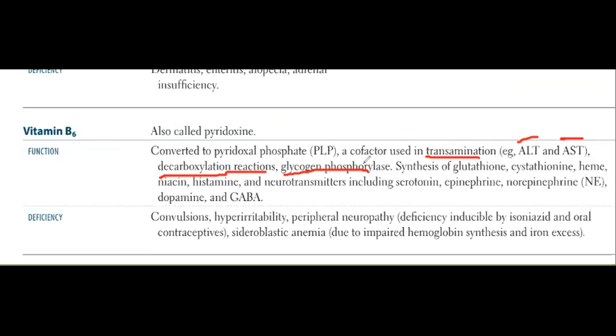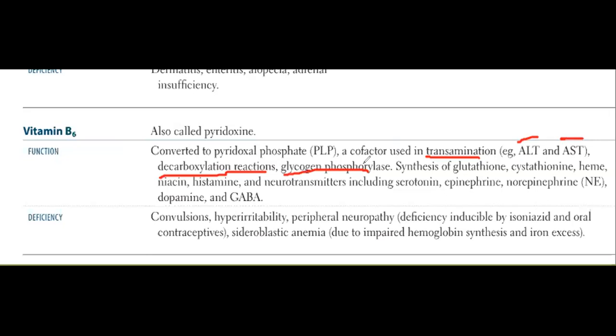We are studying vitamins right now, but when you will be studying metabolism, on page number 73 of your First Aid book, there is an enzyme, or directly turn to the page. Let me see in my book. I guess it is page number 74. Okay, so on page number 74,